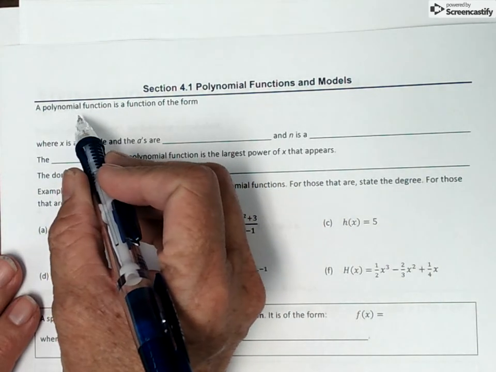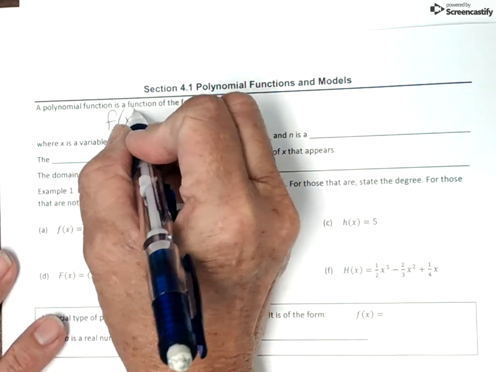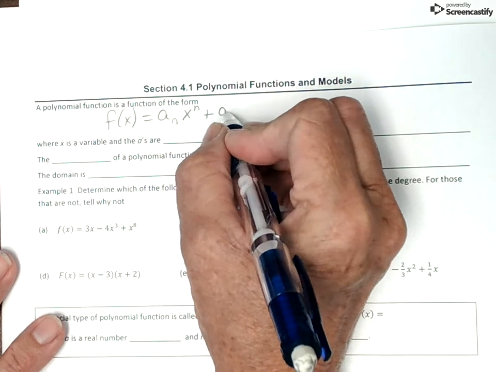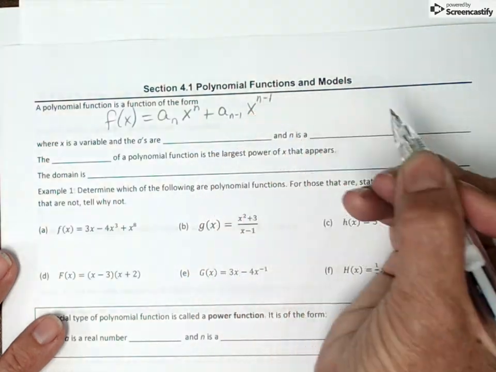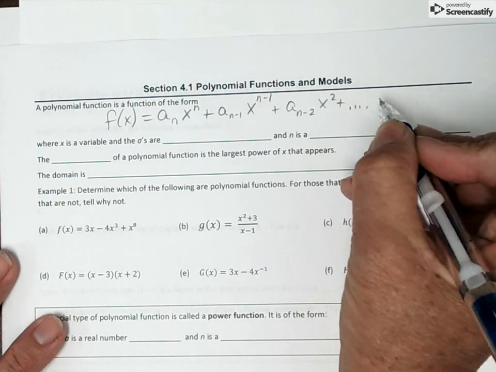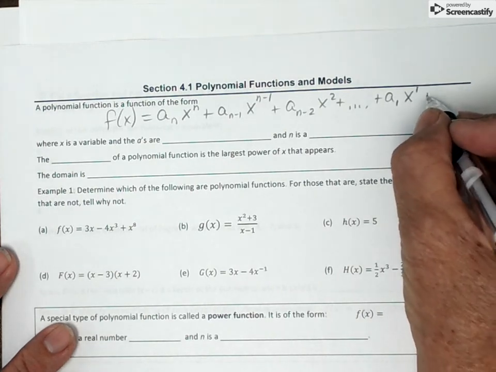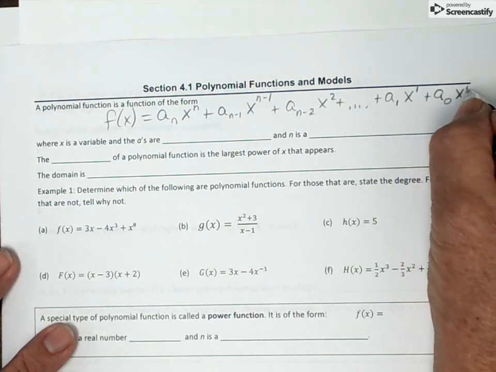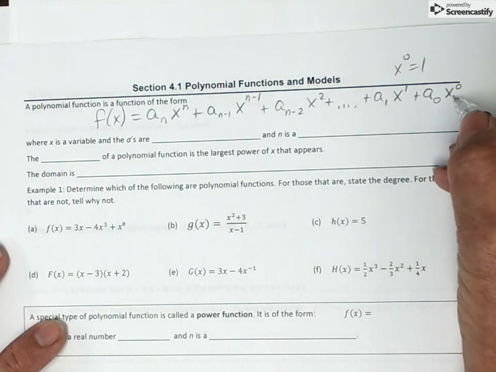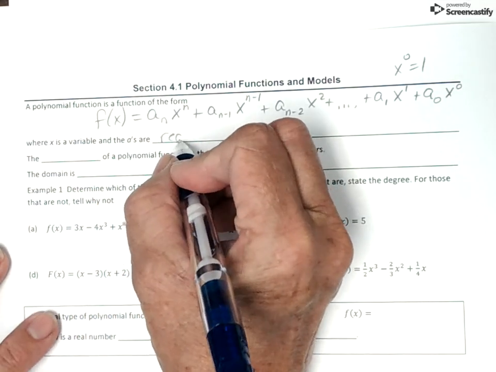Okay, so a polynomial function is a function of the form f of x equals a sub n times x to the nth power plus a sub n minus 1 times x to the n minus 1 power plus a sub n minus 2 times x squared plus, we continue on this pattern till we get to plus a sub 1 times x to the first power plus a sub 0 times x to the 0 power. And keep in mind, x to the 0 just equals 1, so there really is no x in this last term. It's a constant. This is where x is a variable and a's are real numbers,